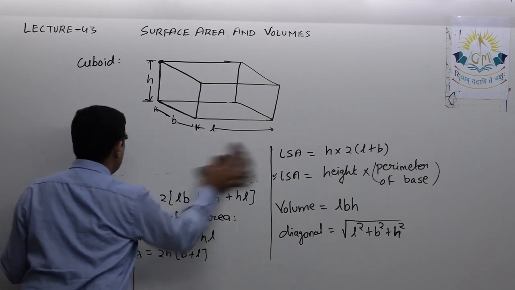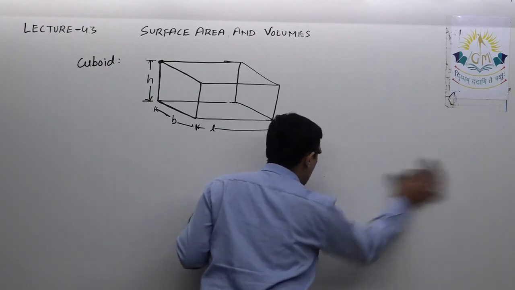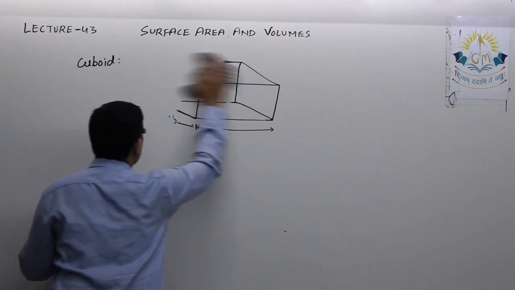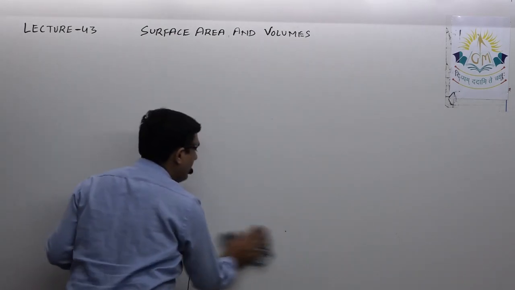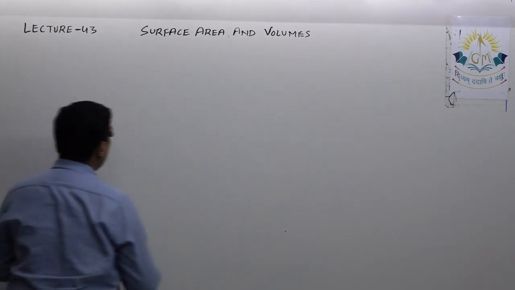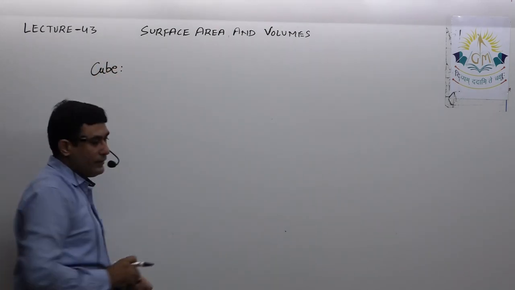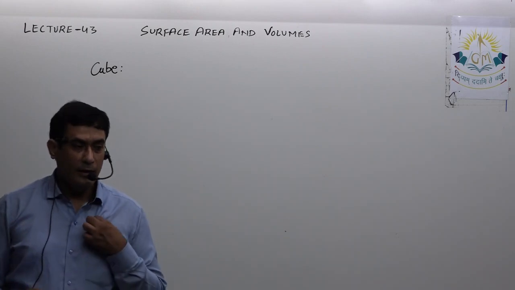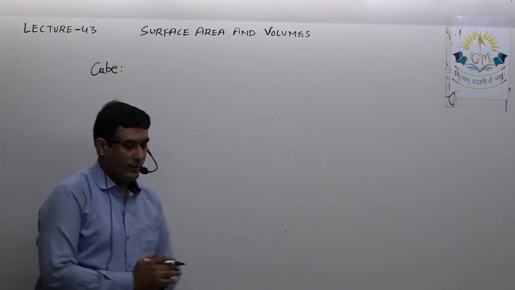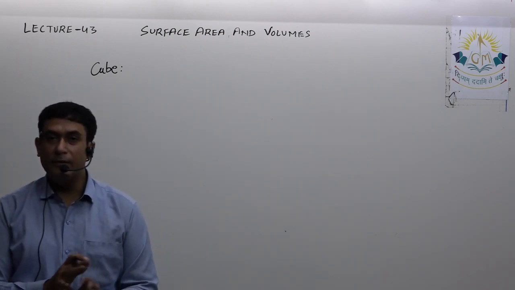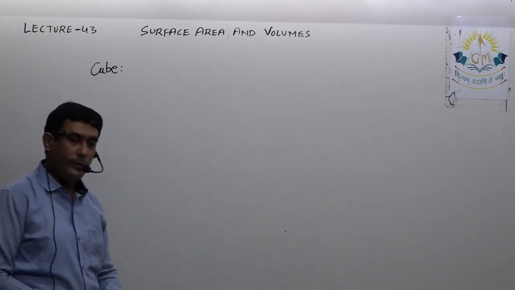Okay, now let us see these formulas for cube. You can find some examples of solid cubes around you. A very basic example that we can give is the Rubik's cube. It's exactly a cube. Dice is also a cube. The basic difference between cube and cuboid is, in a cuboid all dimensions are different, or in other words all three dimensions are not equal. And if all three dimensions are equal, then it will be a cube.